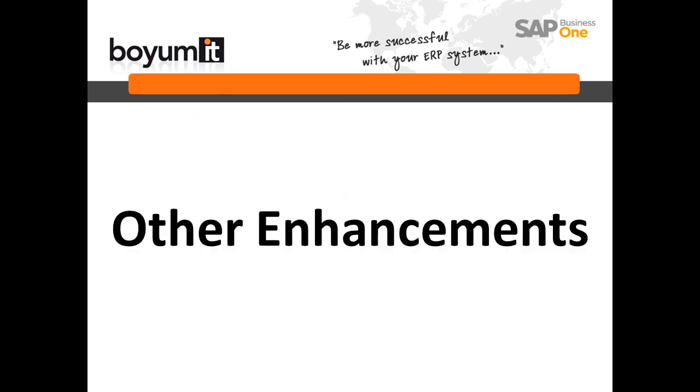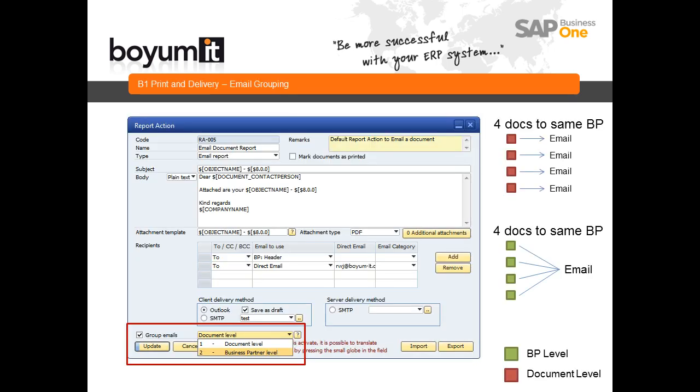So these were the design goals, but of course we have also made a lot of enhancements to the existing functionality, and let's go through those. First up is the most asked for feature in 2011, and that is the ability to take B1 printer delivery and do email grouping. In the past, we only had the option to say if you did a document printing and you ended up with 4 documents to the same business partner, it would actually end up with 4 separate